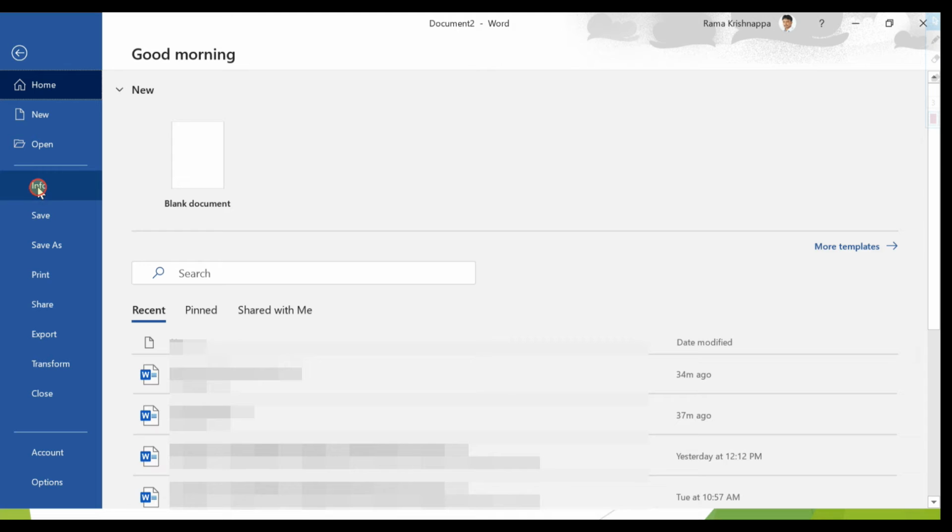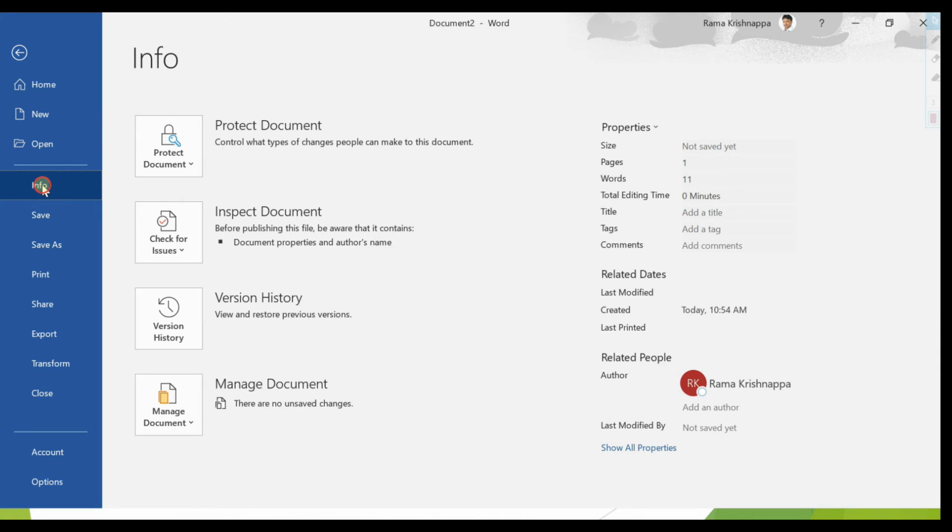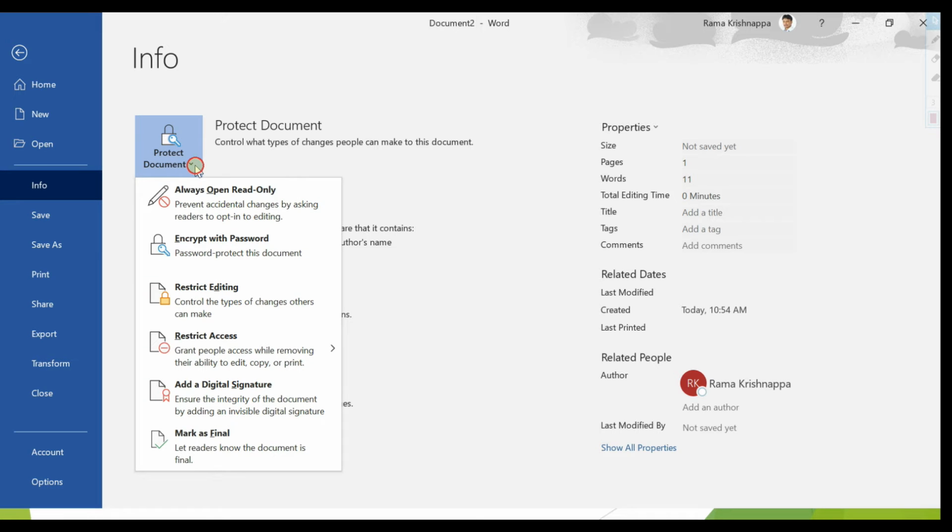So now let's go to info. When you click on info, you see the options related to the document, like information, and also how to protect, inspect, version history, manage document. Protect document is to protect the document, and there are many options.